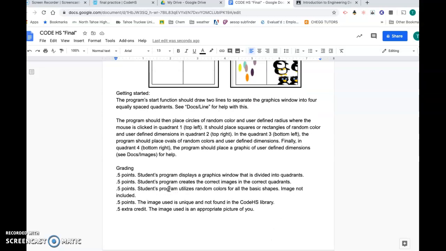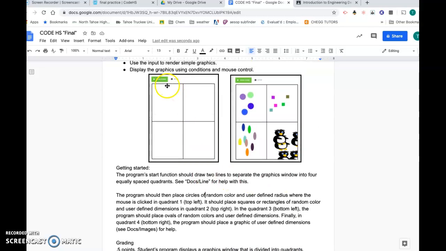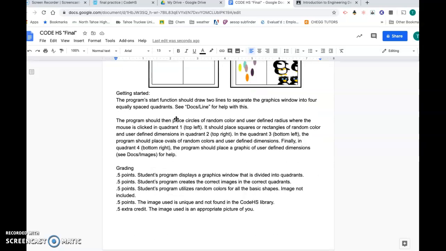Here's the grading. This will be a little bit different. It's just going to go in as the only aspect for Unit 9, which was the game session. It's going to be 2 points. All the other aspects have been 1 point. So this one's a little bit more expensive in that regard. But here's how I'm going to score it. Half a point of those 2: the student's program displays a graphic window that is divided into quadrants. So when I click run on your sandbox, I get this. Maybe when I click the quadrants I don't get anything, but I get that. You get half out of 2 for that one.